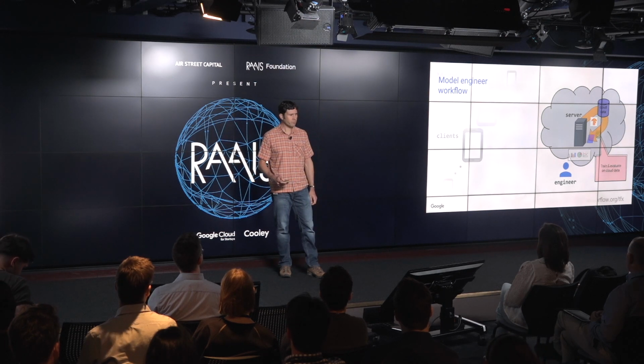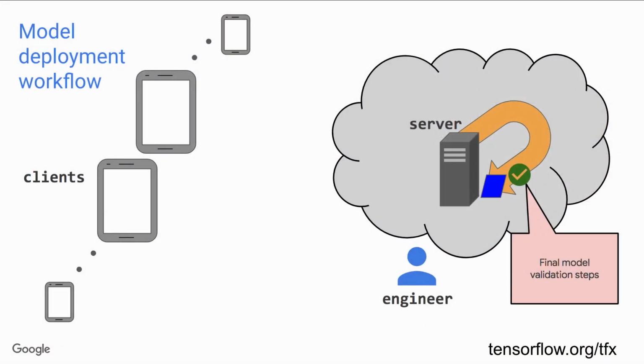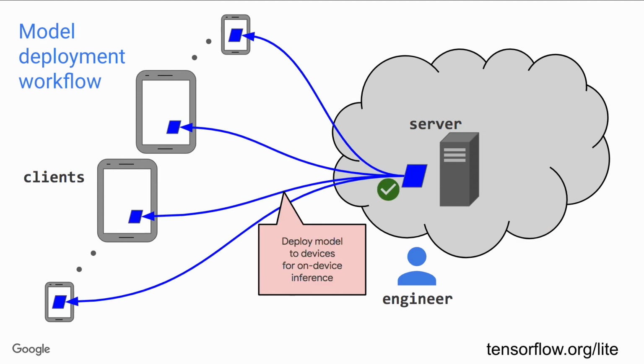Then in a production setting, you would typically go into a model deployment workflow. You perform additional validation to make sure that final model really is good. And then, and only then, do you start rolling that out to real devices. Typically that would involve some A/B testing, looking at actual user metrics based on how the model is actually working in the real world. And then eventually it would go out to all users.